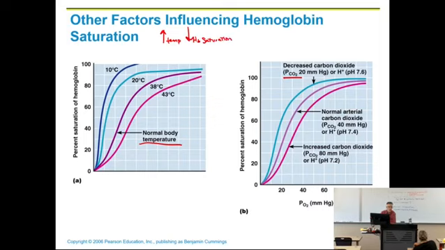As carbon dioxide levels go up, then our hemoglobin saturation, is it going to go up or is it going to go down? So an increase in partial pressure of carbon dioxide means that that tissue is really active. So that means our hemoglobin needs to give up oxygen to it, resupply oxygen to it. So our hemoglobin saturation, the amount that it has, is going to go down because it's giving it off to